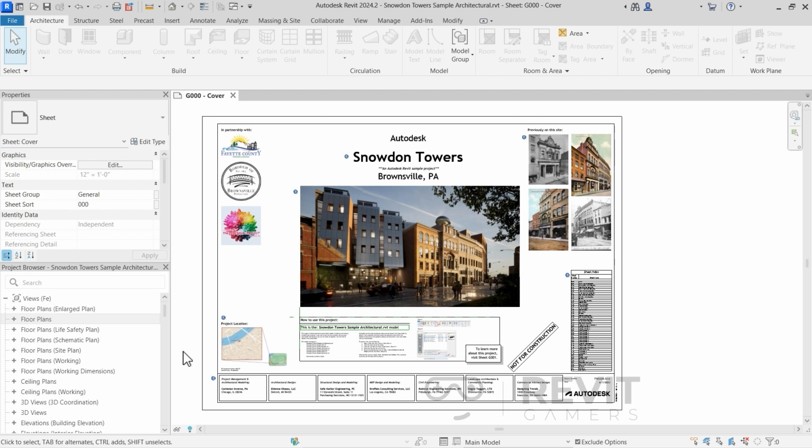I'm in the Autodesk sample project. This project is automatically copied on your device after installing Revit. However, I have also saved a copy in the training folder. As I mentioned before, we use the project browser to navigate through the different views and the different sheets of